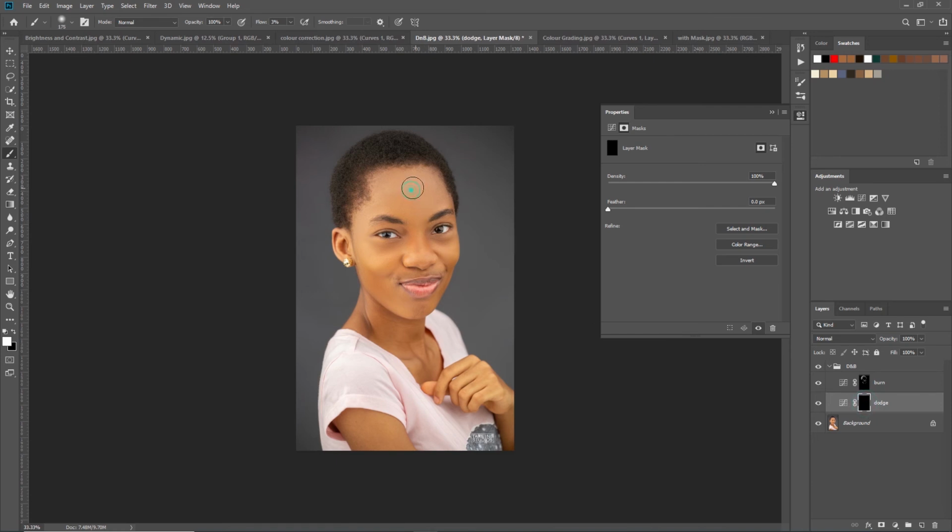Let me add some. So I'm on the dodge layer now. I can just increase the lighting on her forehead a little bit and stroke down her nose just so slightly. Okay, I can do this for this part of the face, and this side also, and maybe this side. I can increase the glossiness on her lips,